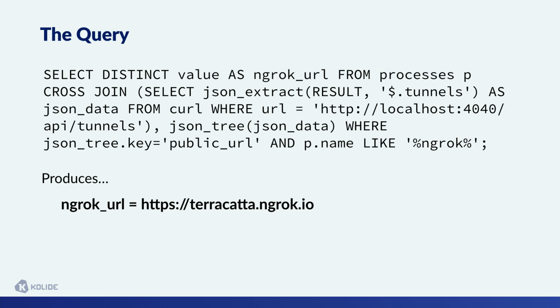This is crazy. There's a lot of stuff going on here, really, really difficult to write. And all it produces is this single piece of output. ngrok URL equals, and then the URL of the tunnel. So that's great, okay, we have a query here. Everybody can run this on Kolide Fleet today, but